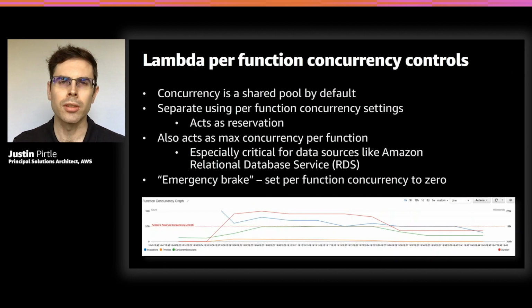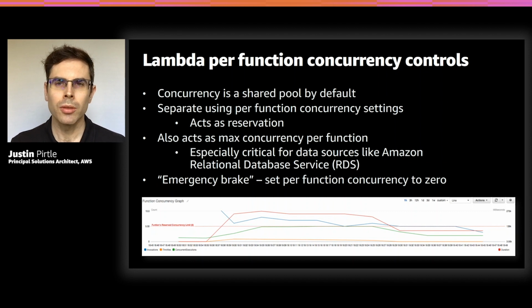And so what we can do here is we have the ability per function to control concurrency. We have a feature called reserved concurrency, which acts also as a concurrency ceiling in addition to a dedicated portion of a concurrency pool allocated for that function. So this concurrency ceiling, if set, enables us to cap the concurrency at the speed and rate at which we drain the queue. As you can see in the chart below, our concurrency scales up to 5 because we have it set to 5 as our reserved concurrency.